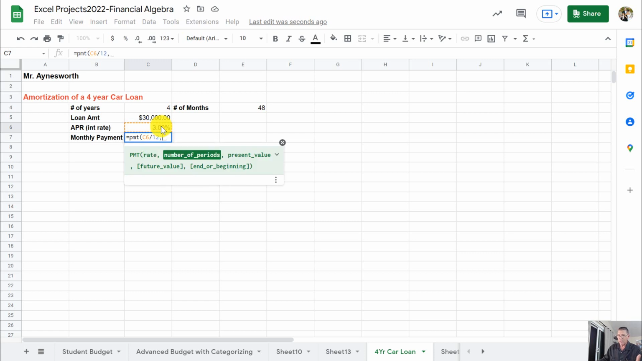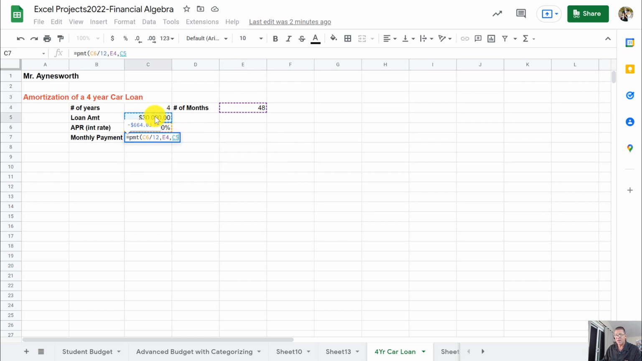All right, comma, and notice it prompts you for the number of periods. In this case, the number of months, right? It's 48 months. So click on 48, which is in E4. All right, comma. And then it needs to know what the present value is, what the loan amount is. And well, guess what? That's $30,000, and that's located in C5. So type that in, end it with a parenthesis, and then hit return,